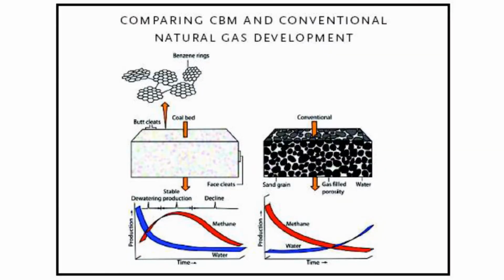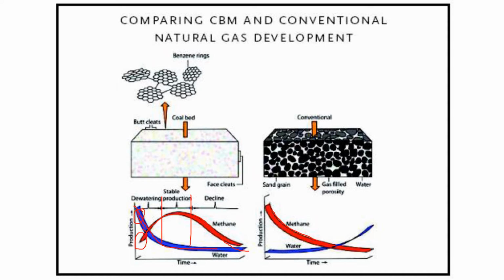So the pressure trend, production trend actually. So water production is initially high, methane production is low. So it will decrease and methane production sees a peak. So that is stable production. This is very important for an engineer who is pursuing his studies or his job in CBM reservoirs. And methane production goes down. So with time,